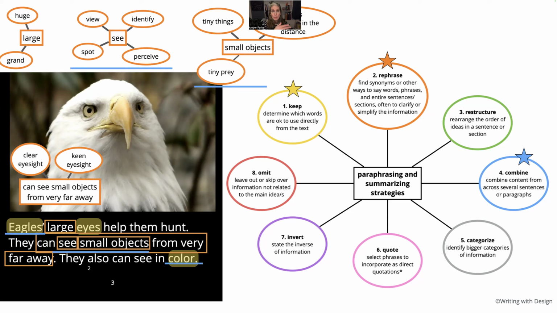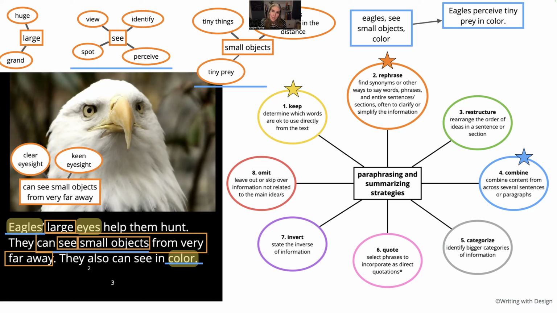And so notice we've got blue lines in a few different places. We have it in the original text, and then we have it under the brainstormed rephrased sections. And that's because we want to make sure that we're not just combining from the original source, but we're also integrating our rephrased versions of it. So that might be something like,